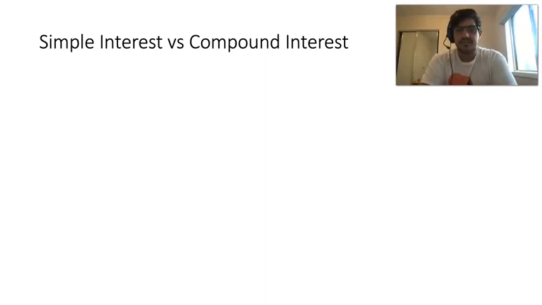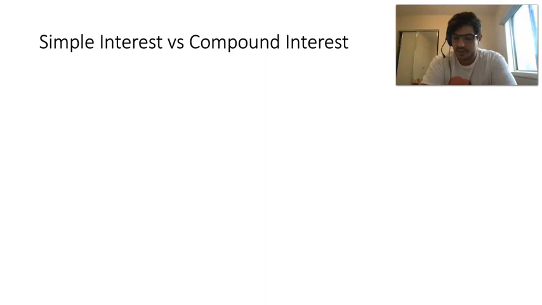G'day guys. So today we're going to be looking at compound interest, and we're going to start off by looking at it as a comparison between compound interest and simple interest. We've done simple interest before and we understand how that equation works. We take the principal, the rate, and the amount of times it's going to be calculated, and we get the interest amount. Compound interest works in almost exactly the same way, only it's the principal amount that's going to change